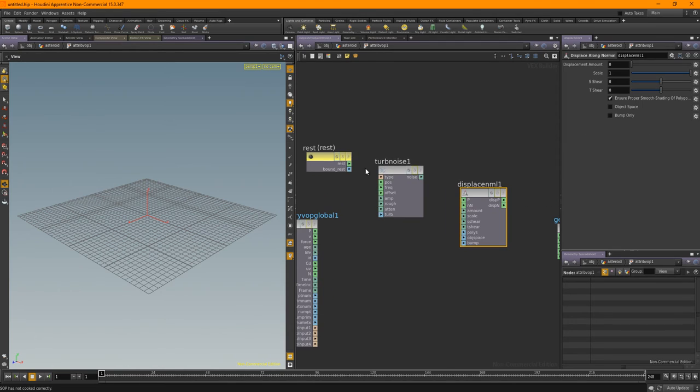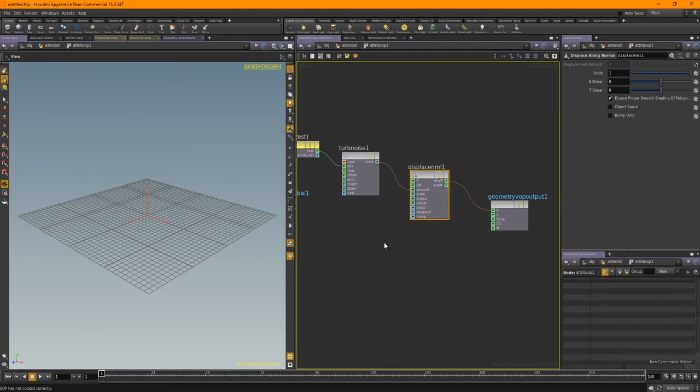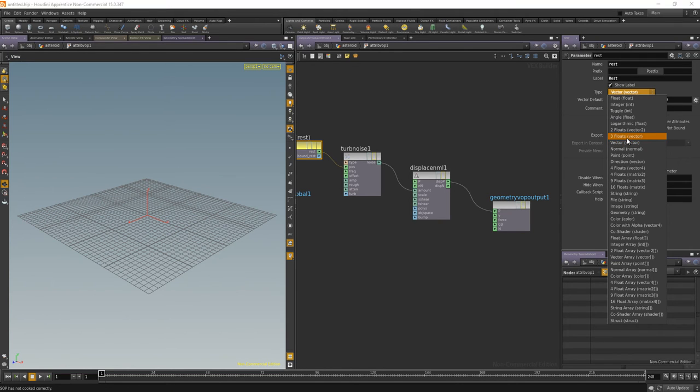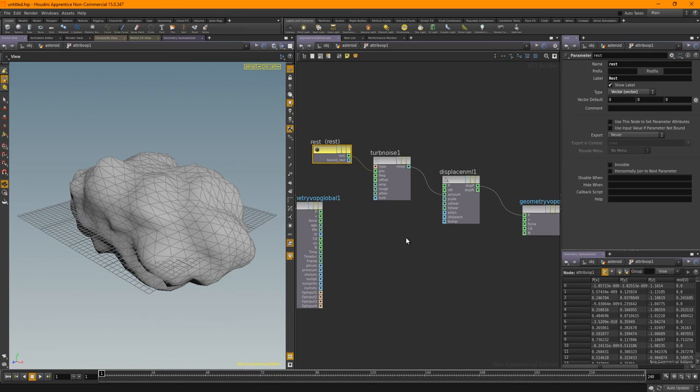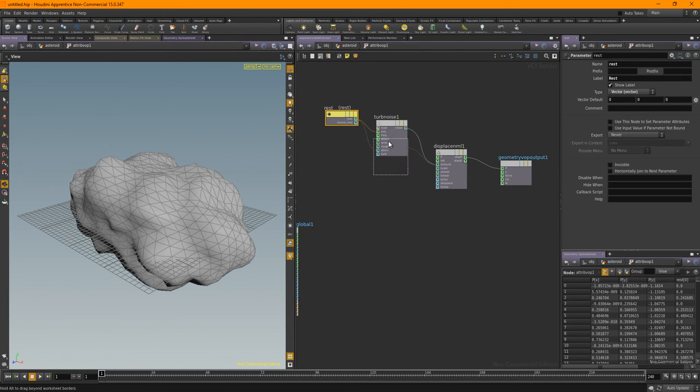So let's add this into here, into the position, the output of the noise into the amount, and P into P. Okay, and that shouldn't have done that. Why has it done that? Yeah, just a graphics failure by the look of that. Okay, so here we have our